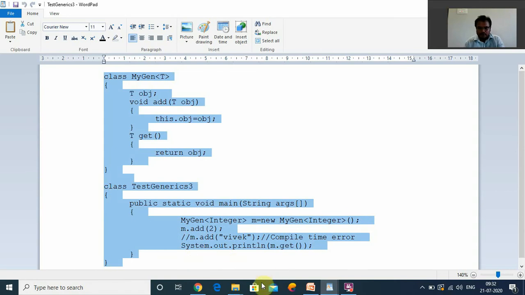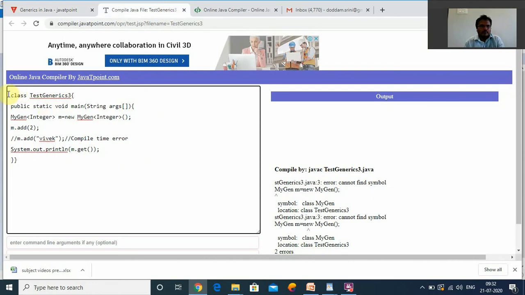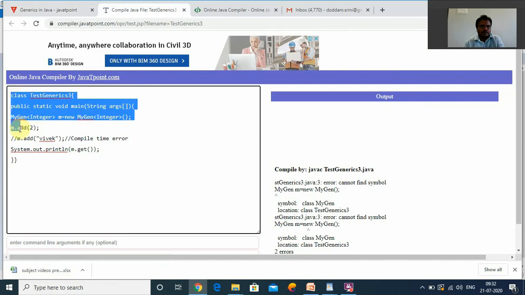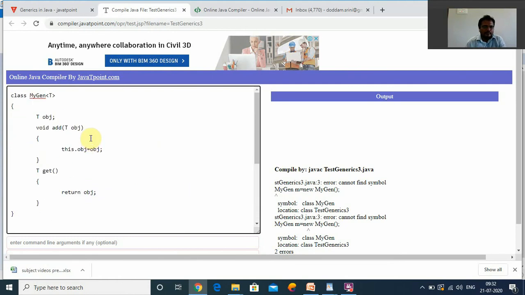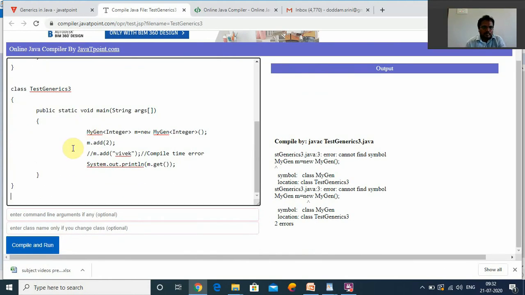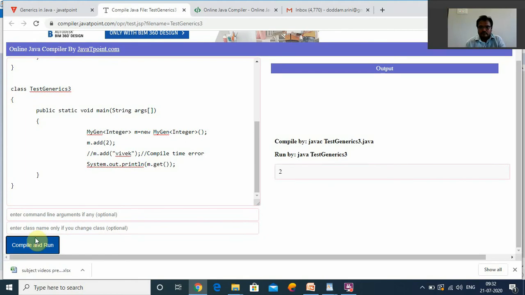You copy this program and paste it here. This particular class doesn't know what mygen is. Compile and run it. Output is 2.